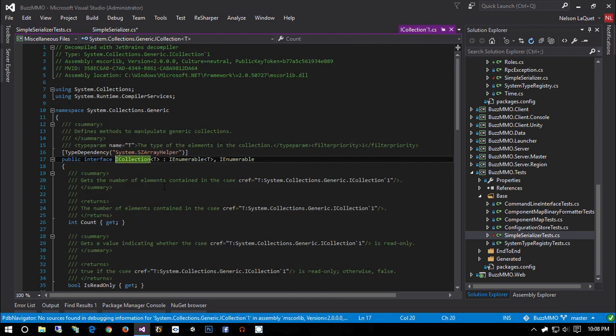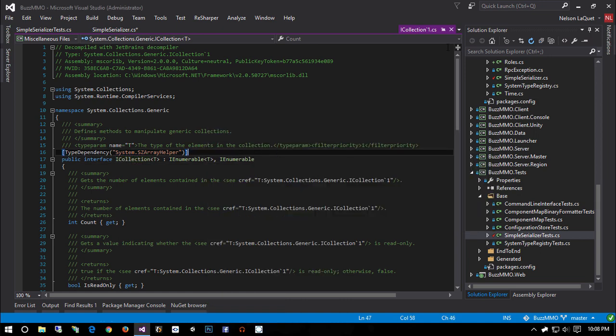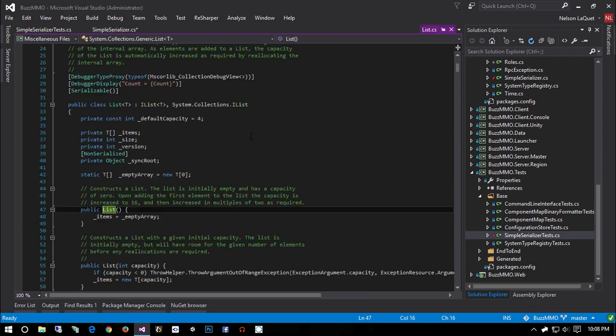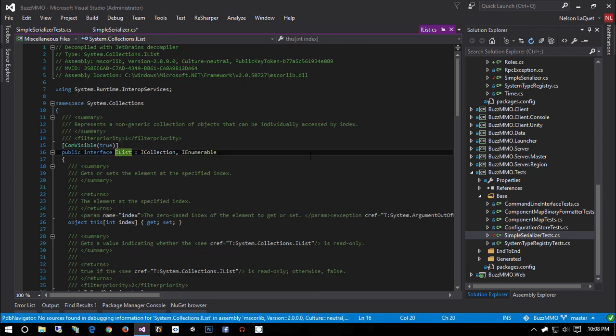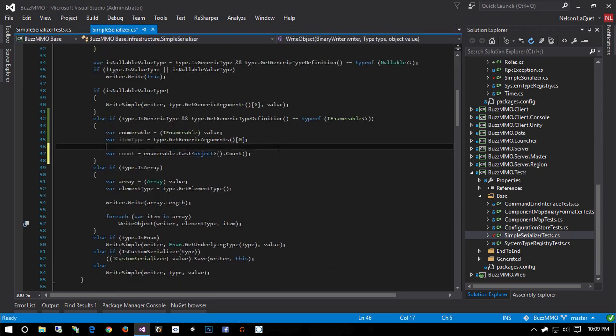entire enumerable. Now, I do believe ICollection unfortunately does not have a non-generic form, which I somehow forgot about. Actually, I'm interested in this really fast. Give me one sec. There's probably a faster way to do this. But now we can do IList to do this optimization. And there is an ICollection, a non-generic ICollection. Okay, good. So what we can do here is for our count, I can just say var count equals 0,